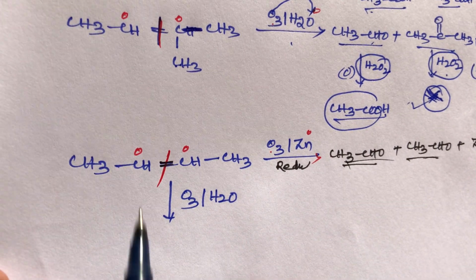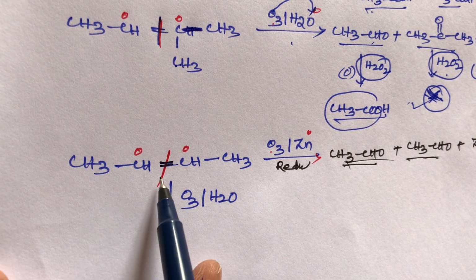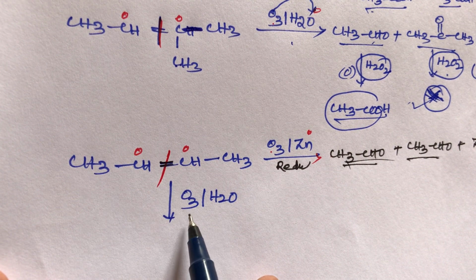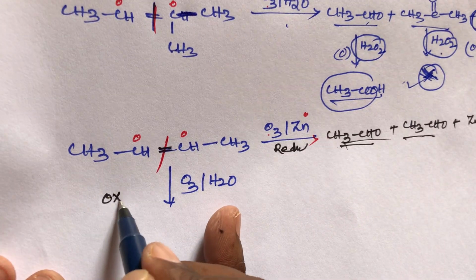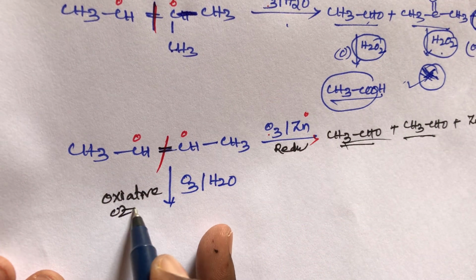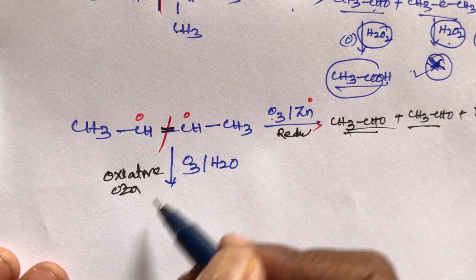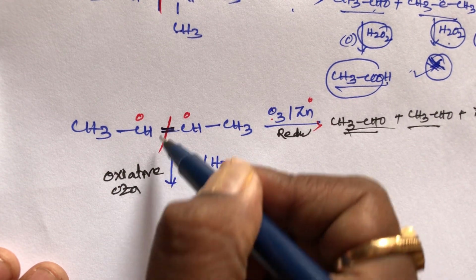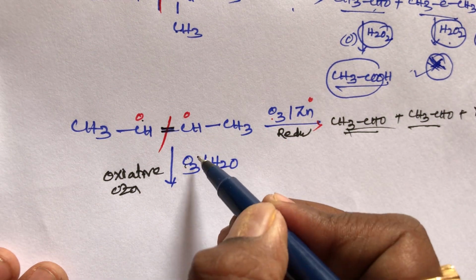And next one, the same reactant reacts with ozone in the presence of water. That is a symmetrical alkene, 2-butene, reacting with O3 in the presence of water. It belongs to oxidative ozonolysis. What happens, students? First step is the same thing. Three oxygens are there. Put one oxygen on this carbon, one oxygen on this carbon, and one oxygen